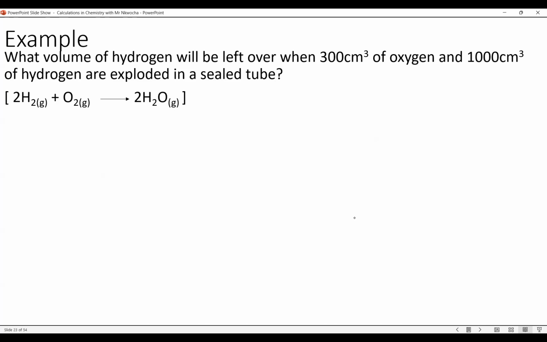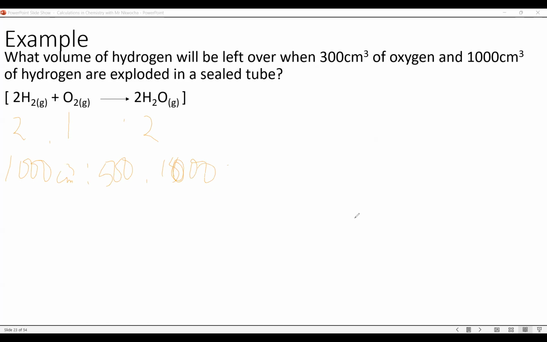What do we do about this? Which one will be in excess this time around? So you do the same thing. Let me help you. I know some people who are really good in math will be here. The ratio is 2:1:2. So if they give me 1,000 of hydrogen, I'll need 500 of oxygen so that I can get 1,000